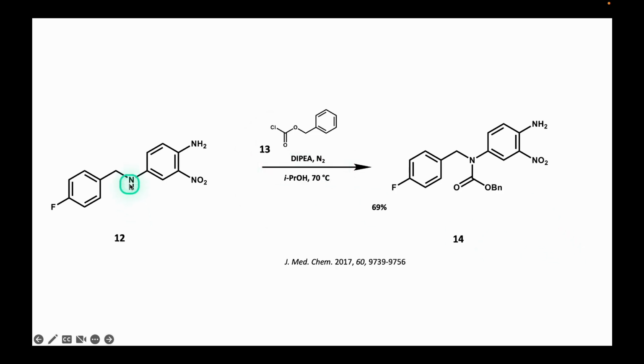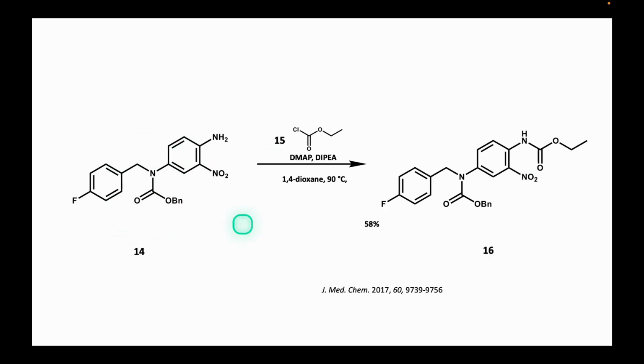Next, the more nucleophilic amino group, which corresponds to the benzylamine, is protected by reaction with benzyl chloroformate to form intermediate 14. Next, carbamate 16 is prepared by reacting the amino group with ethyl chloroformate. In this reaction, the need to first protect the aminobenzyl group becomes evident, as it is more nucleophilic than the